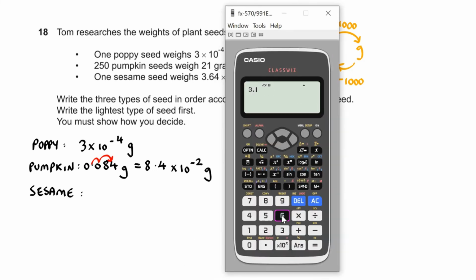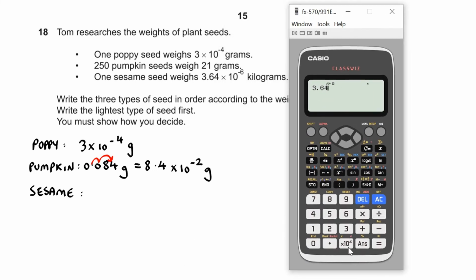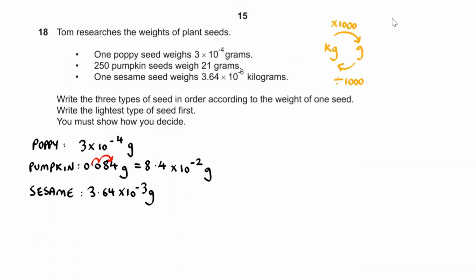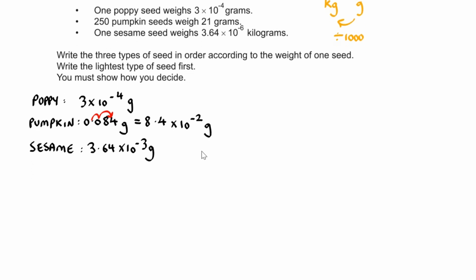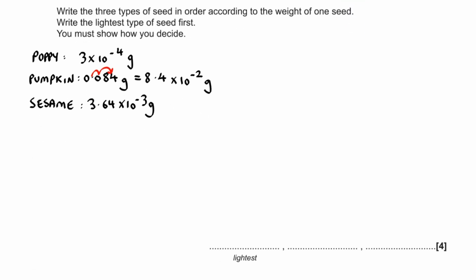So 3.64 times 10 to the minus 6 times by 1,000. It turns out here we get 3.64 times 10 to the minus 3 grams. And therefore, what we can do is compare the powers of 10 to see which one will be the smallest. So the first one is this is the lightest, followed by this, followed by this. So when we come to write down